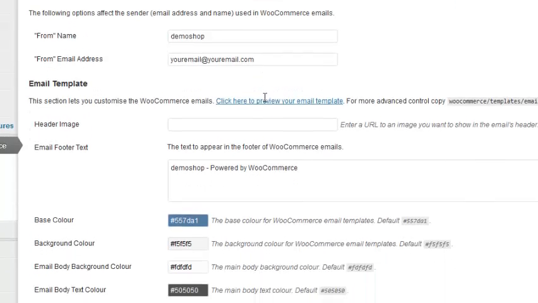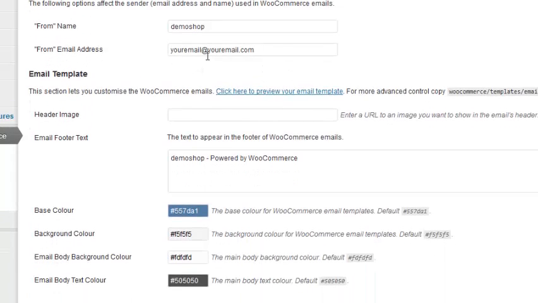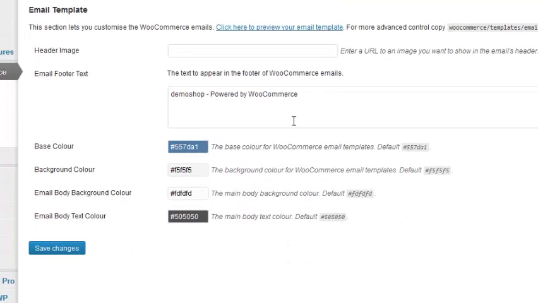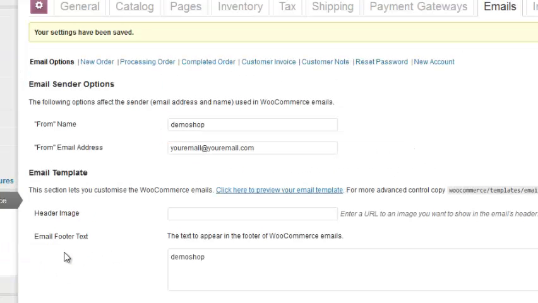Here on the email options page, there are some things that you can change easily, including some of the design of it. This ends up in the footer. If you leave it there, it's there by default: powered by WooCommerce. You may or may not want that. Maybe you want to promote WooCommerce, and so you may want to leave that in. So there are things there that you can change easily, but some of it isn't as user-friendly to change. Not a huge deal, but something you may want to look more into if you do want to change those things.